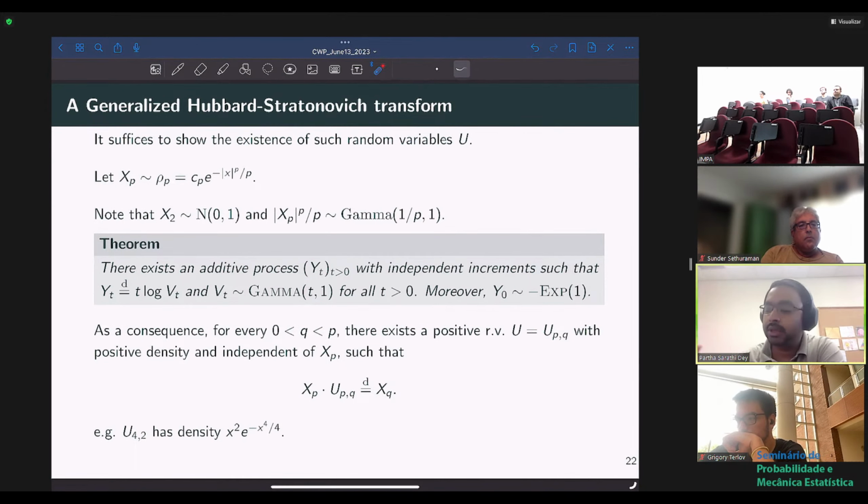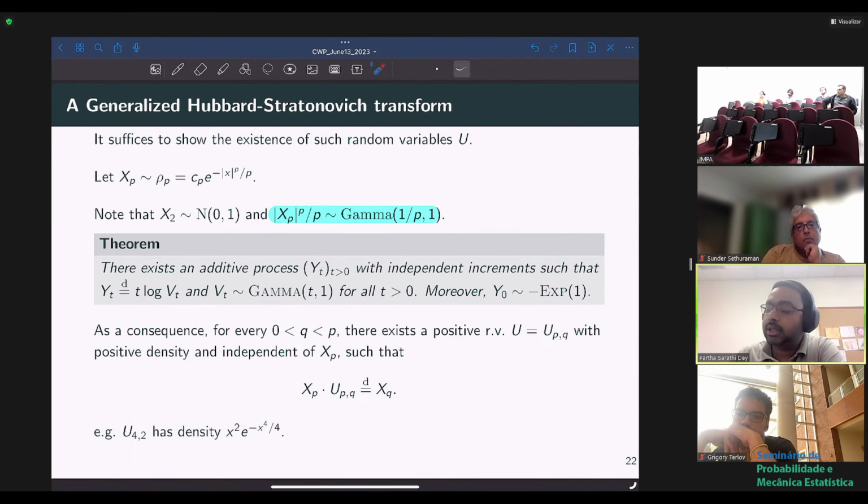I'll not go into the details, but this says the following. The main thing to know is that if you have x_p from the rho p density, if you take the pth power of the absolute value divided by p, it has a gamma distribution. So we really want to do a coupling of this gamma distribution. And the main theorem which we prove, which is very technical,